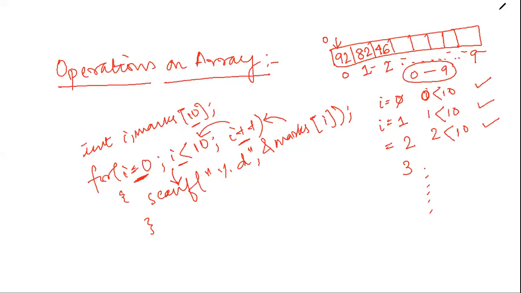Okay. And when it comes out of this loop, when i reaches the value of 10, 10 is not less than 10, false. So this statement won't be executed. If there are any other statements outside this loop, the cursor will jump directly to those statements, bypassing this one. Whenever the condition is false in any loop, the statements included in that loop are never executed. It will jump to the other statements outside the loop. If there are statements, they will run. If there are no statements, nothing will run. So this is the concept of how we take input values from the user using the for loop.